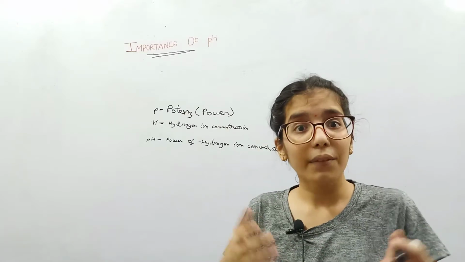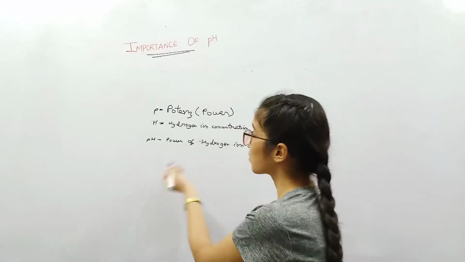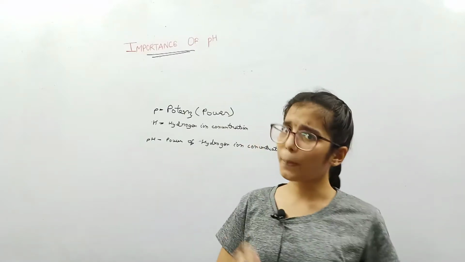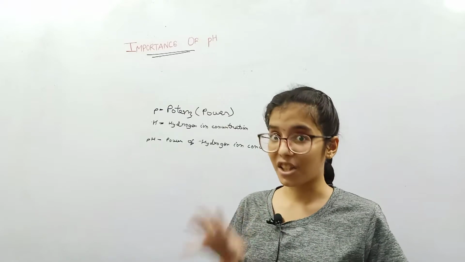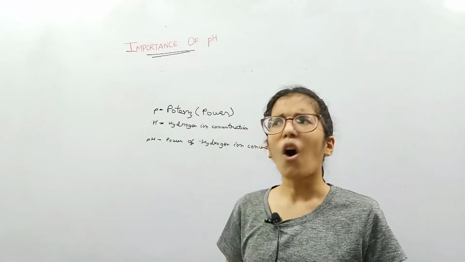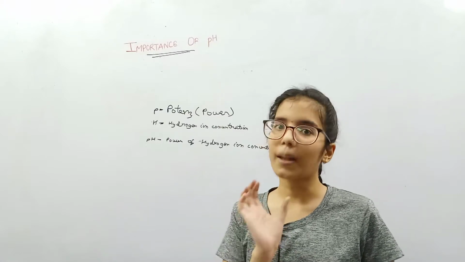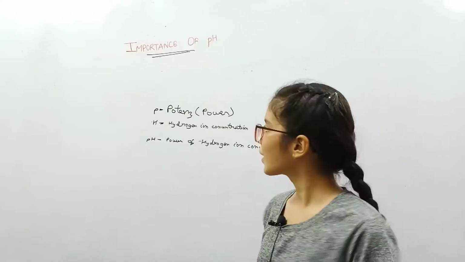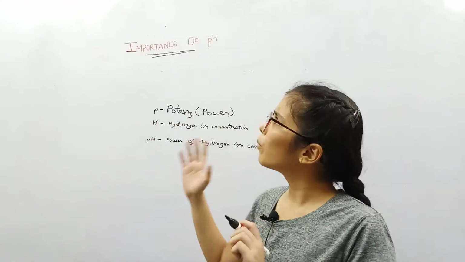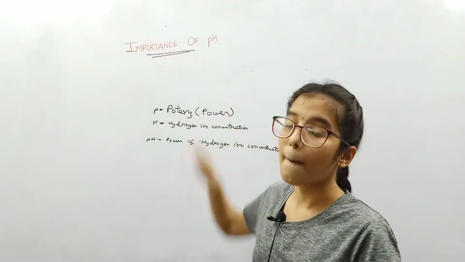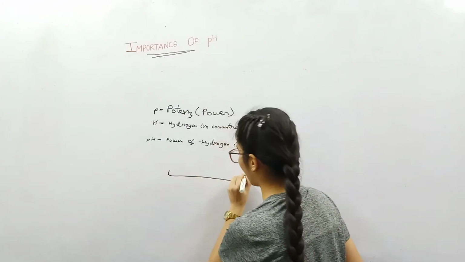A scale is something which helps us to measure something. So that's what the pH scale is. pH is the power of hydrogen ion concentration, so the pH scale is a scale which helps us to measure the hydrogen ion concentration present in a solution, or simply, a scale which helps us to measure the pH value of any solution. Once we are clear with pH and the pH scale, we can move on with the importance of pH. But before that, it's important to know how the scale varies.